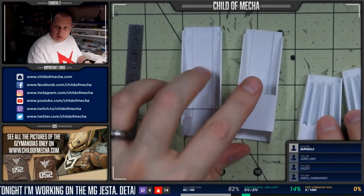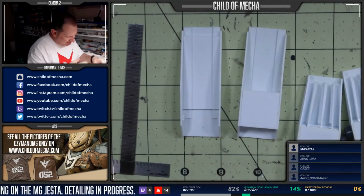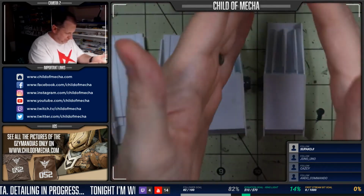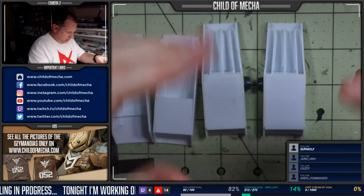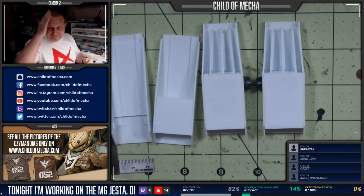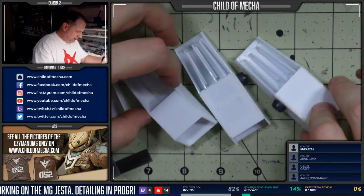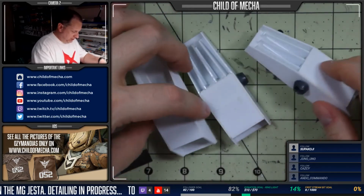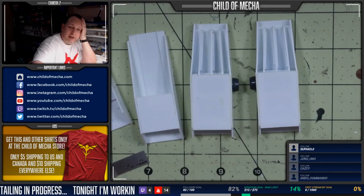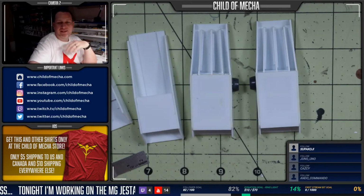I started with these. These were the first iteration. And then when I mocked them up, they just didn't fit. I didn't like them being straight, and it's just like, eh. But then I made these, and these were better because they kind of, I don't know, to the front. You know what I'm talking about. I can't think of the word, damn it. Tapered to the front, obviously, and they had a kind of better silhouette. These were kind of longer in the bevel. These were a little bit shorter, but that's kind of what I wanted. And when I mocked these up, when I put them on the backpack of the Ozzy, I just hated it. I hated it. I hated the way they looked. So